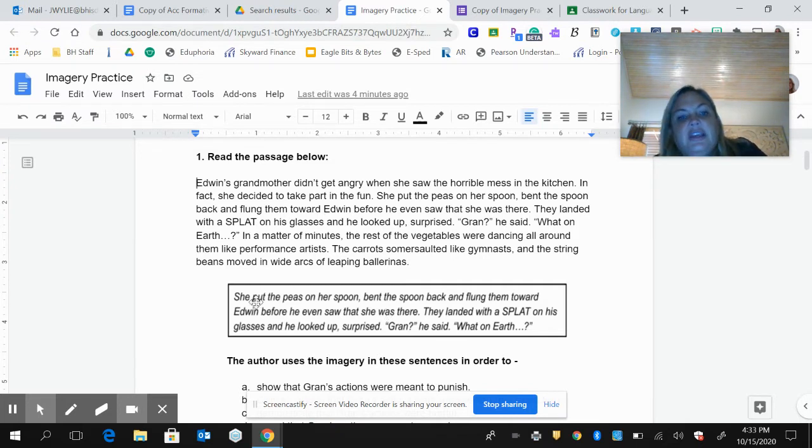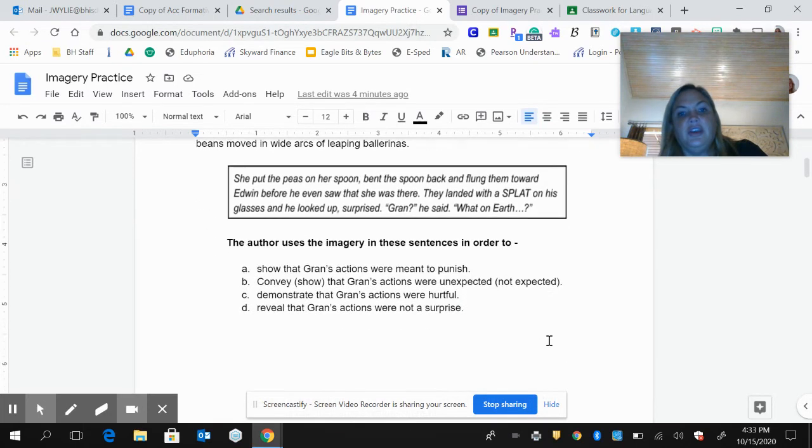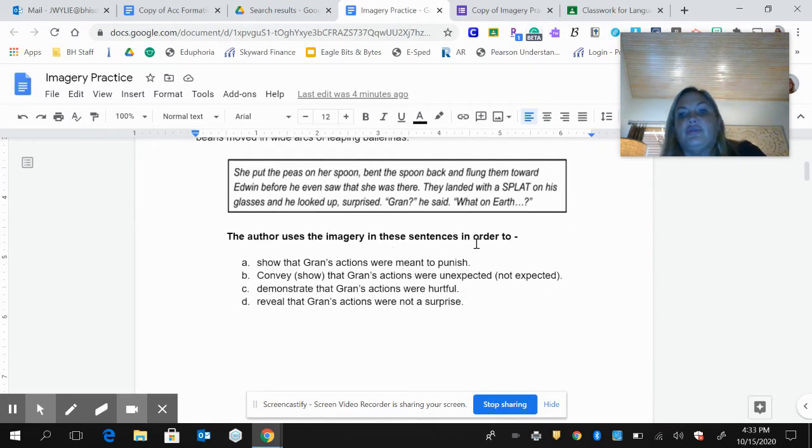She put the peas on her spoon, bent the spoon back, and flung them toward Edwin before he even saw that she was there. They landed with a splat on his glasses, and he looked up surprised. "Gran," he said, "what on earth?" The author uses the imagery in these sentences in order to